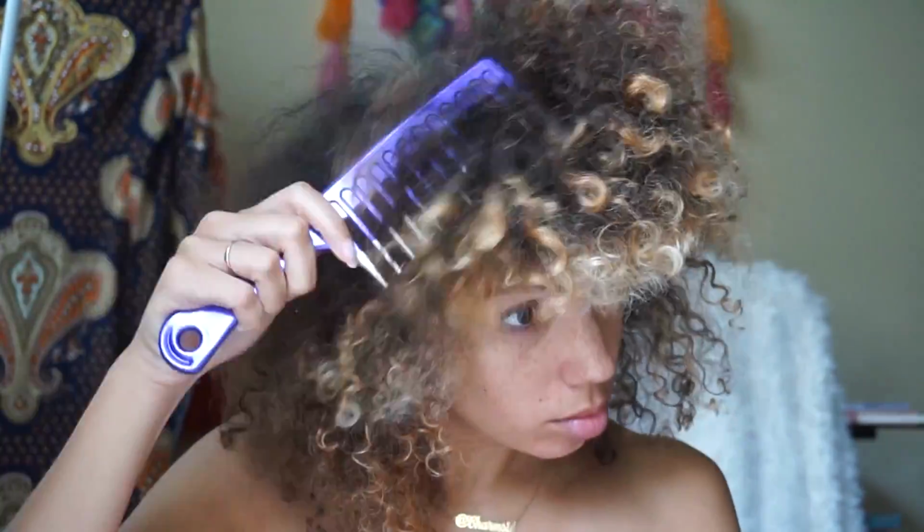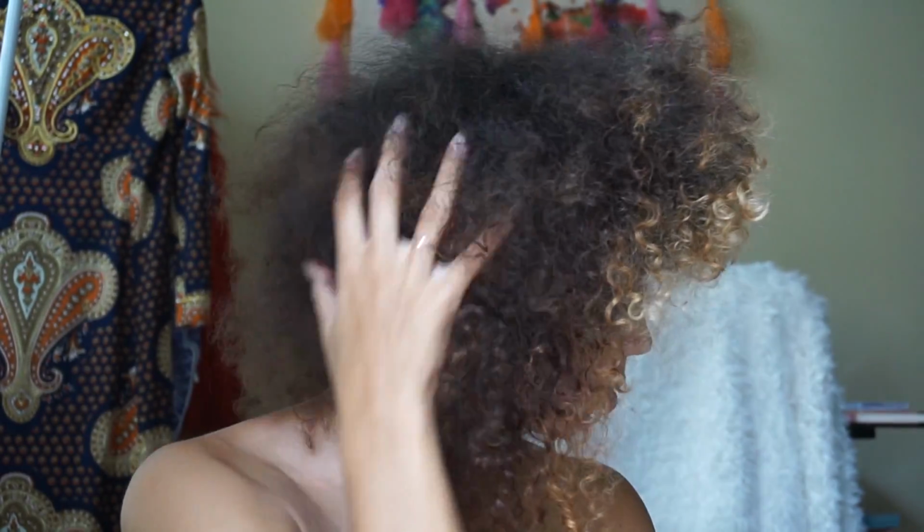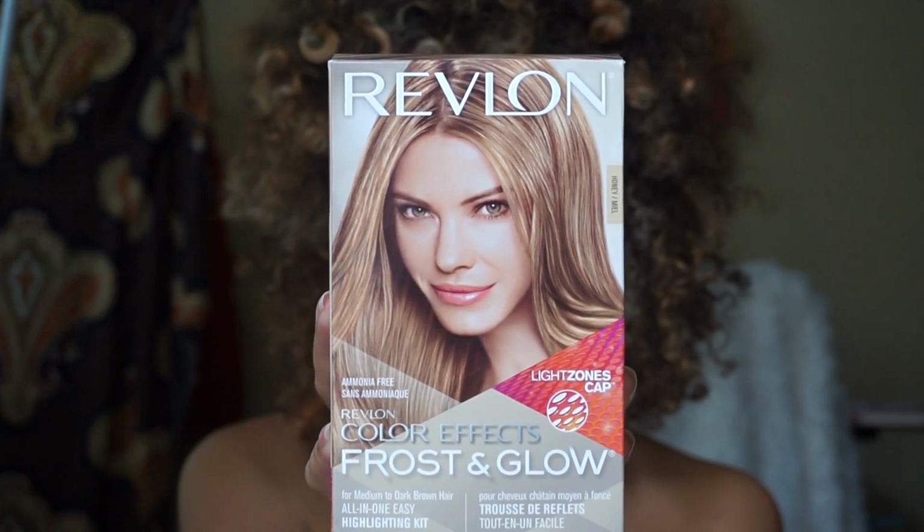Now it's important to note that I have done this in 3 stages, so this is the 3rd application. And the reason I like to do it in so many stages is because I just want to maintain the health of my curls. If you can see, my roots are pretty dark brown, so to get it to lift to that really light blonde that I do have in some parts of my hair, it is a gradual process. Now I only do the front of my hair and I leave the back dark,